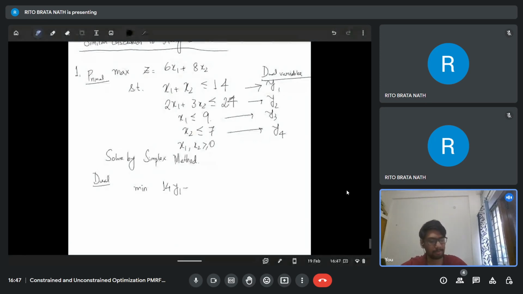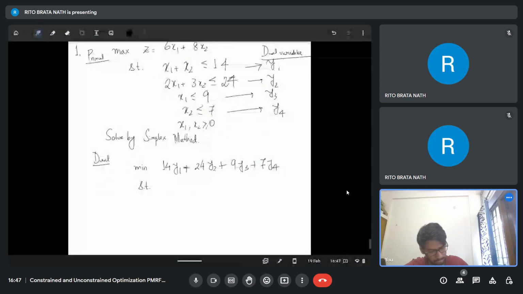So that's fine. So you have two variables here in primal, so you'll have two constraints in the dual version. So those are the correspondences that I think you already know. So that's 24y2 plus 9y3 plus 7y4, subjected to, you have y1